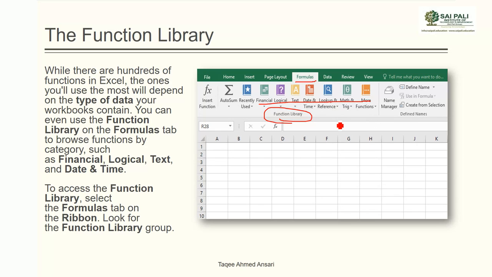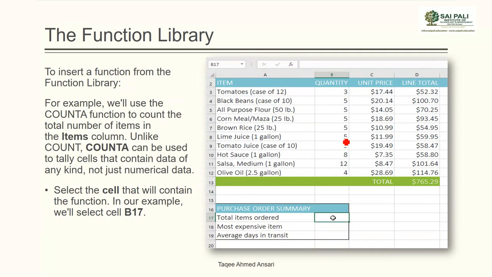If you want to use some function and you don't know exactly the name of the function, but you know what you want to do, you want to do something related to date and time, so you can go to this category and find your function. You want to do some mathematical thing, so you can go to this function category and try to find your function which suits your requirement. So it is divided into different categories.